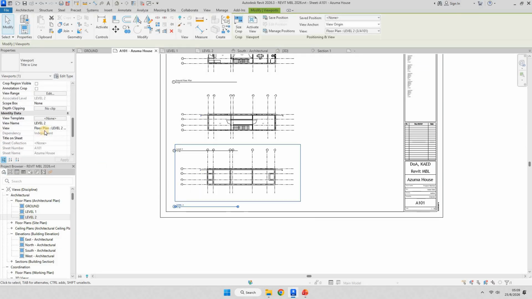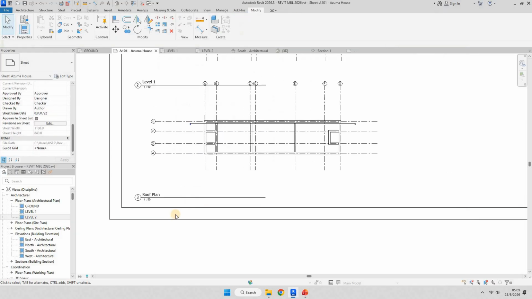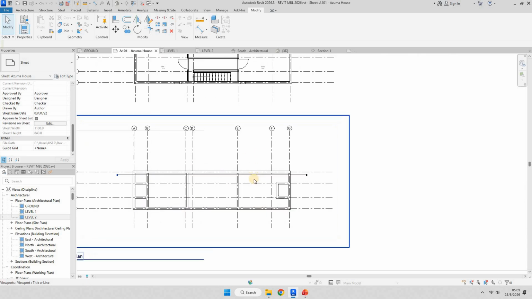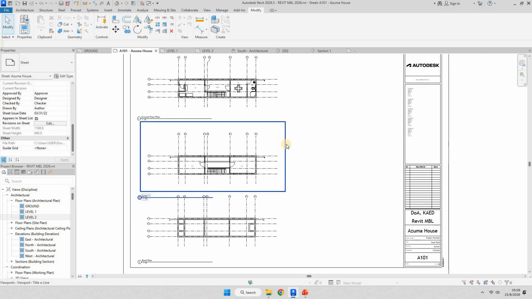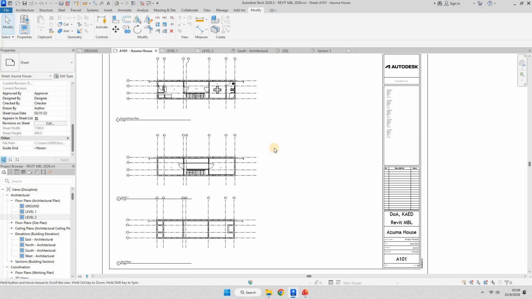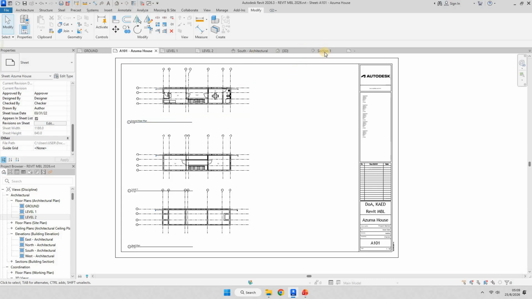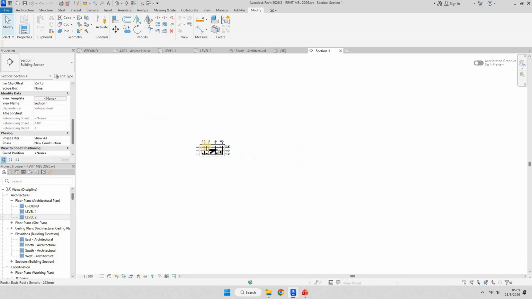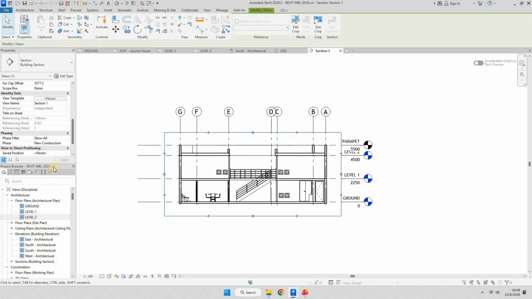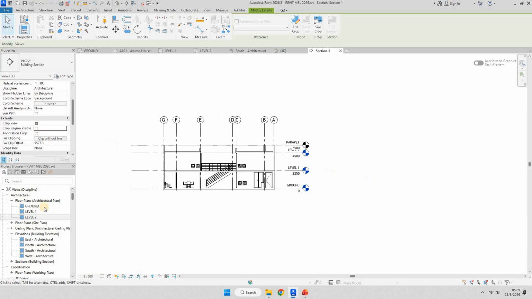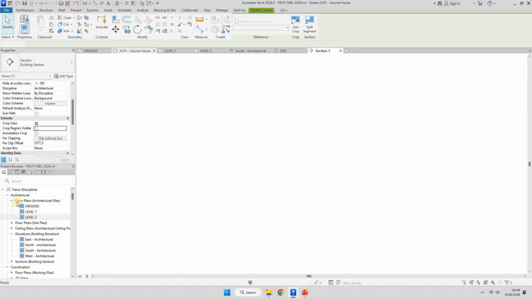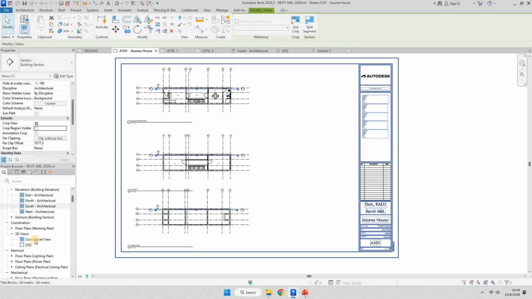Select this, we will call it title on the sheet, roof plan. Done. So we got our plans, and now we want to bring in the section. The same thing, we go to the section, the crop box is already there, just take it out. Okay, and then we go to our sheet and